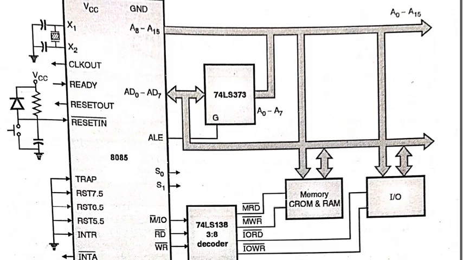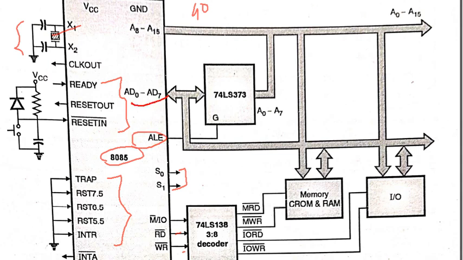So here is the pin diagram of this 8085 microprocessor. So we already know that it is a 40 pin IC with the different sections like crystal oscillator, interrupts, memory read write, status signals, address latch, multiplexed address and data bus, higher order address A8 to A15, and VCC and ground, that is the power supply pins for the 8085. Like pin number 20 is connected to the ground and pin number 40 is connected to the VCC.